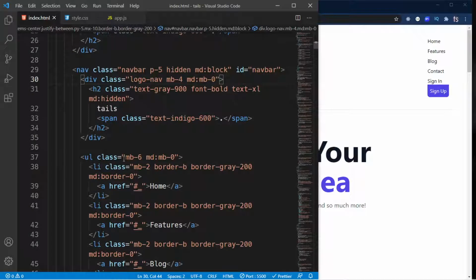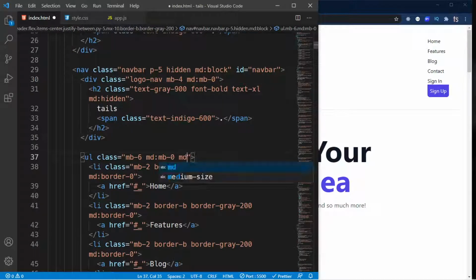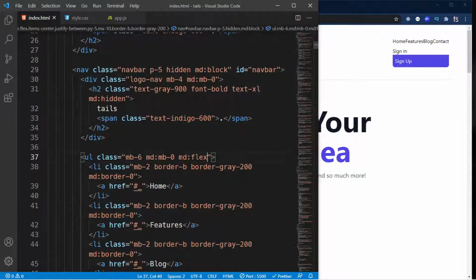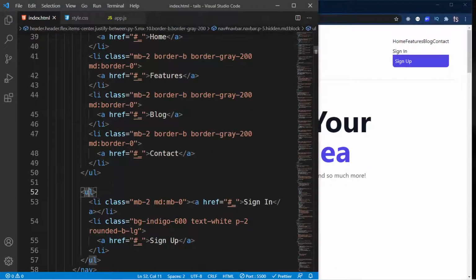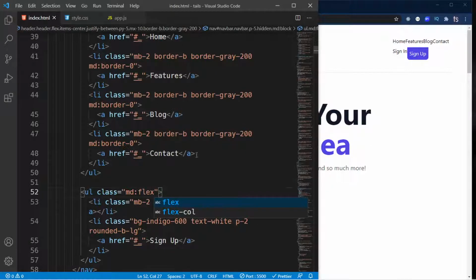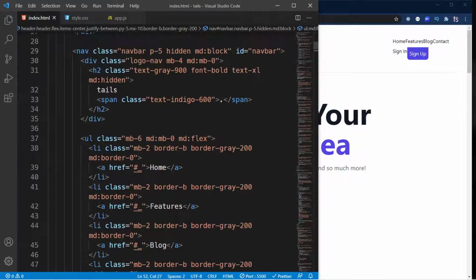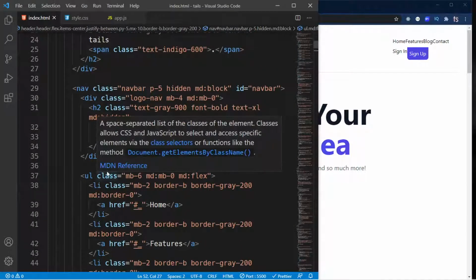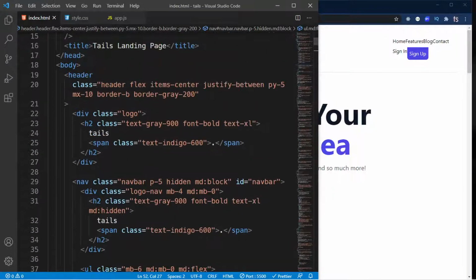Okay, so I'm going to go inside this UL, and I'm going to say that for medium screens, I want this to be a flex. And watch what happens. This happens, which means I need to go inside this other UL, give this a class of MD colon flex, like so. And then I need to go inside, where is it? Inside this header, and I'm going to say,